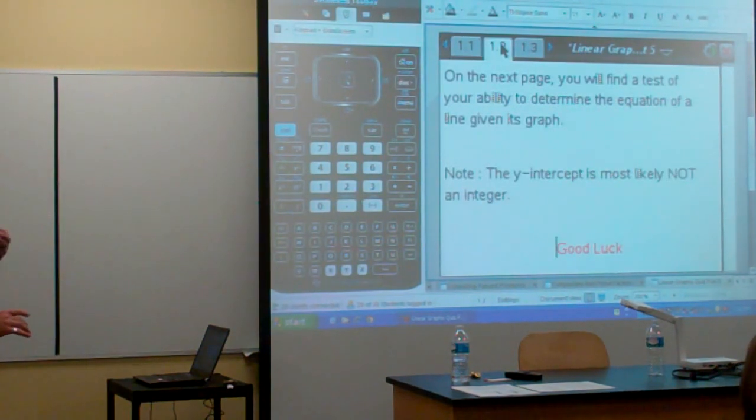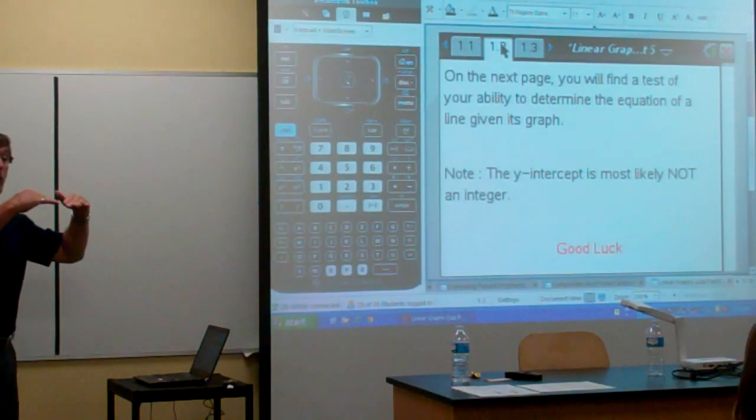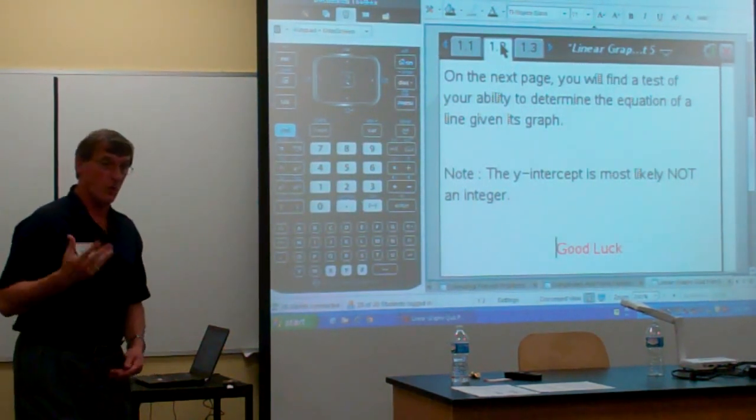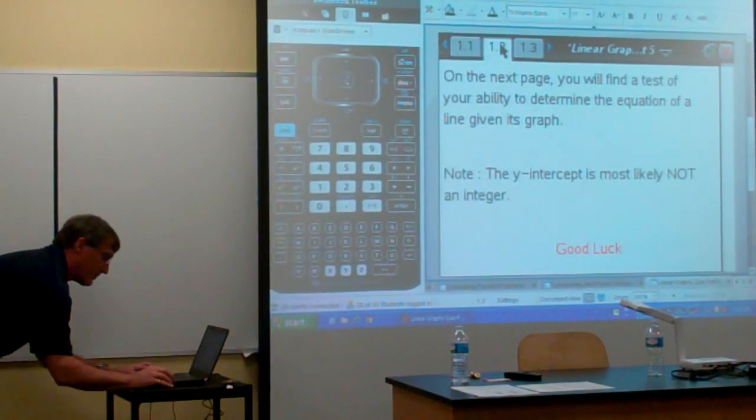Okay, the next page you'll find a test on your ability to determine the equation of a line given its graph. Note the y-intercept is most likely not an integer. So level 4, it was an integer. So they could look at the y-intercept and figure out the slope and everything like that. But on this problem,